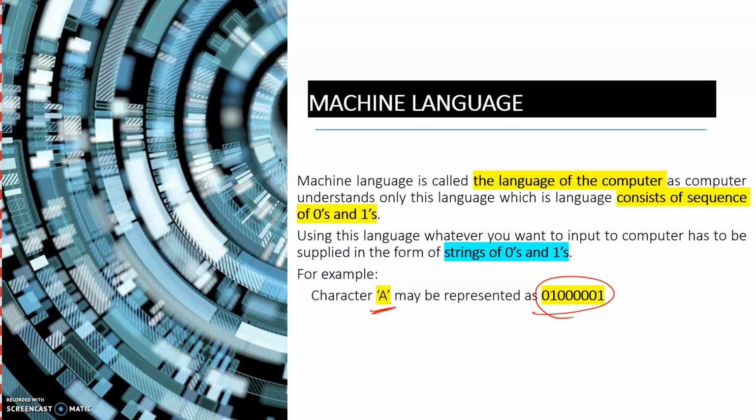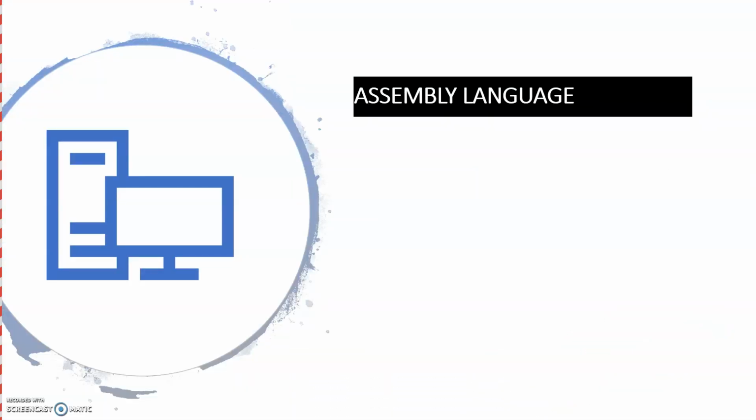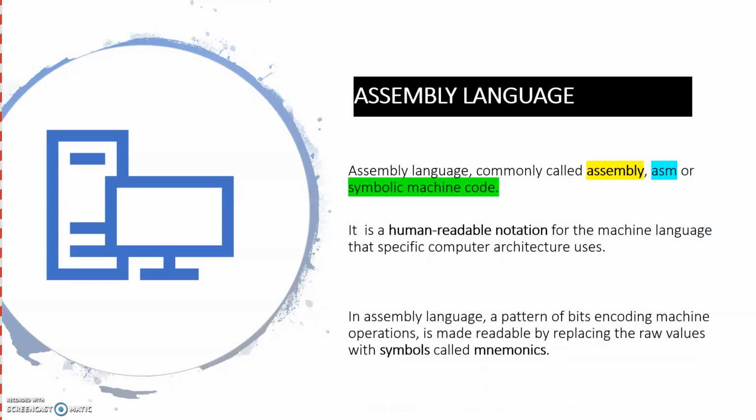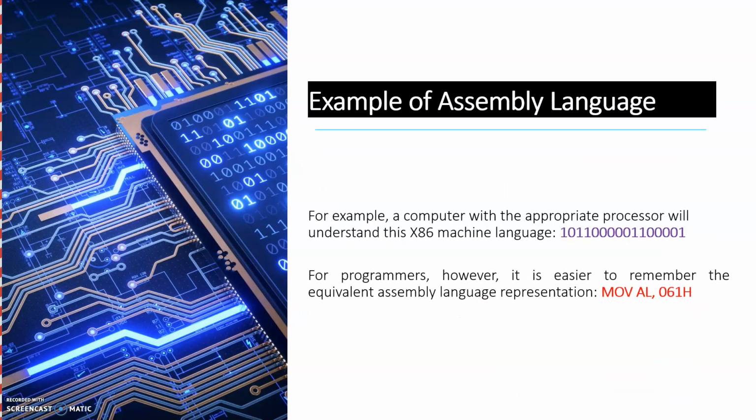Since it is in 0 and 1, it is difficult for programmers to understand. So the solution is assembly language. In assembly language, the binary sequence of zeros and ones is converted into human readable notations, known as symbols or mnemonics. I have given one example here. You can see this binary sequence, that is in 0 and 1. It is in machine language. The same sequence is represented using assembly language with this statement, that is move